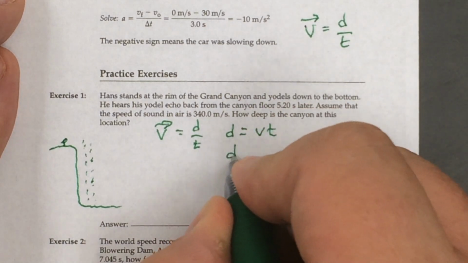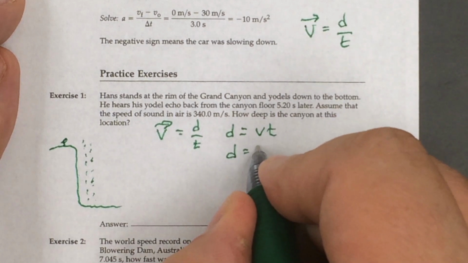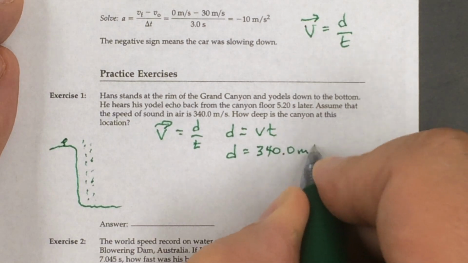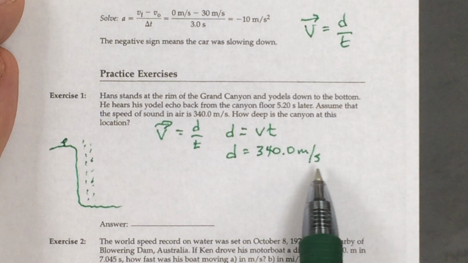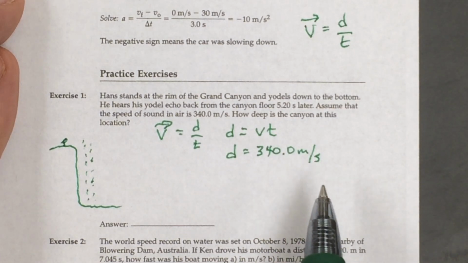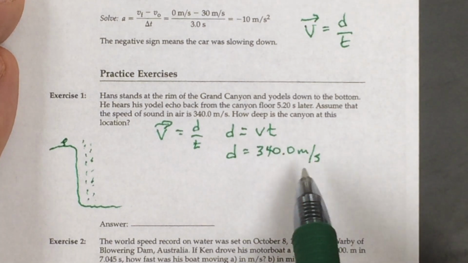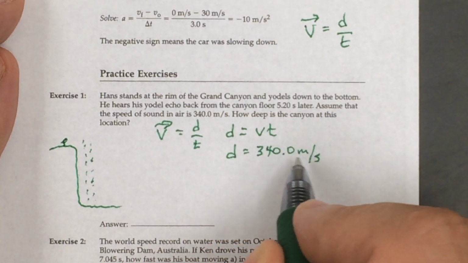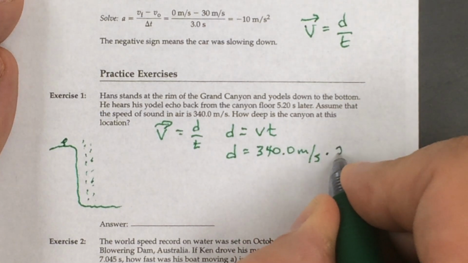So I'm going to have the distance equals the velocity of sound. They give it to us as 340.0 meters per second. Now meters per second means meters divided by seconds. That's a divided line. A fraction is the same as divided. So 3/4 is 3 divided by 4, which is 0.75. So going from a fraction to a decimal is using this line as a division. This is still dividing, so this is on the top of the fraction, and this is on the bottom of the fraction. If I multiply then by